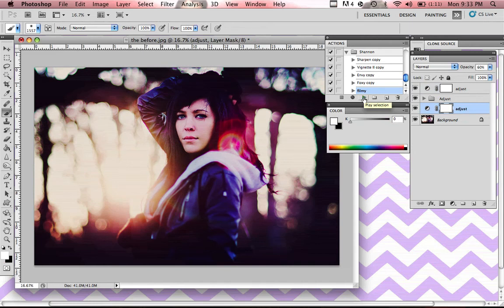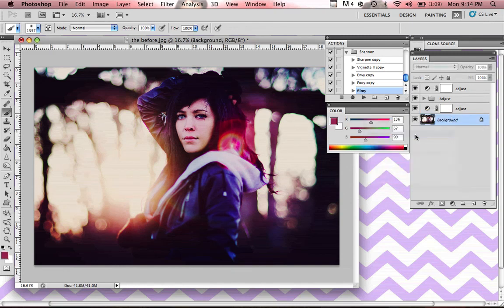This is the last step I'll take. As you can see, this action is very harsh. I love the colors, I love the way it created a purpley effect, and I like how it worked with the sunlight, but her face looks very harsh as far as the new action was applied. So this action is a little bit different since I created it, and the way I have to turn the effect down to make it less intense is by clicking my bottom layer,